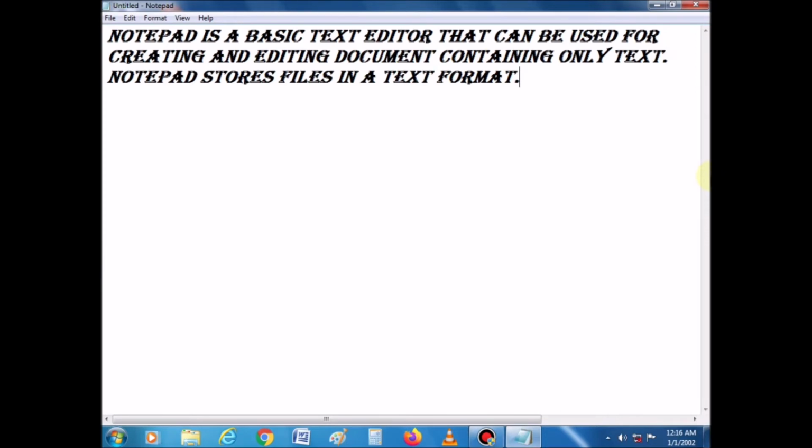We have typed some text, so I want to save my document for future reference or future use. If we do not save, what will happen? It will be lost. So we should save the document.